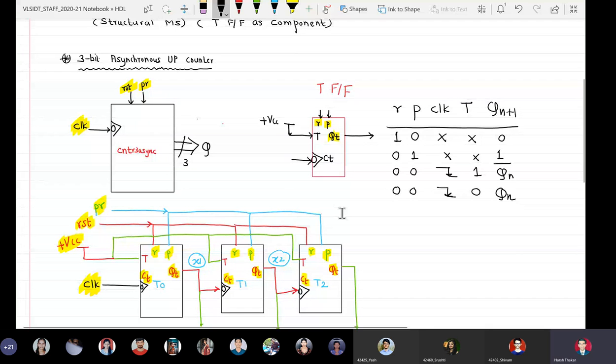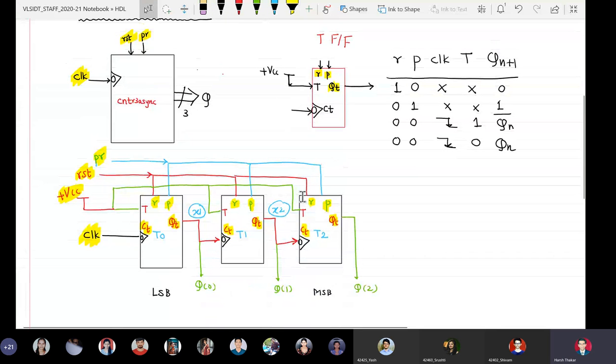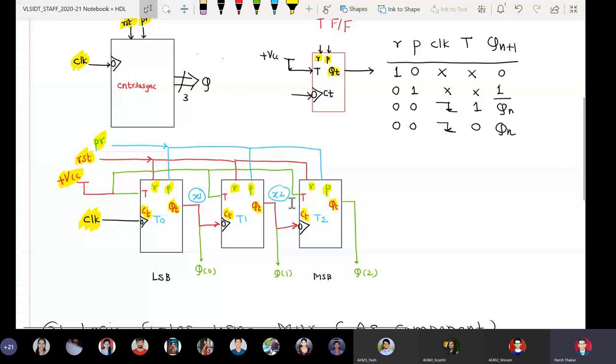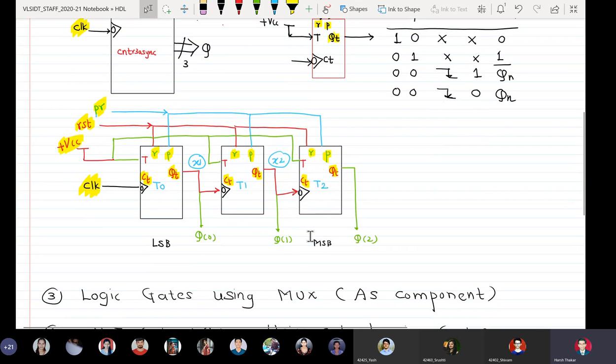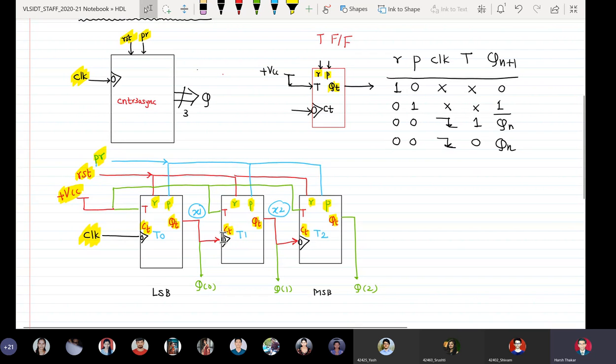Okay, and the parent entity, as a combination, or as I say interconnection between 3 instances of T flip-flop, is as shown. So we have 3 instances of T flip-flop denoted as T0, T1, T2, and T0 is the least significant flop, T1 is the middle flop, and T2 is the MSB flop. That is why their outputs Q2, Q1 and Q0 are defined as vectors. Now here if we see